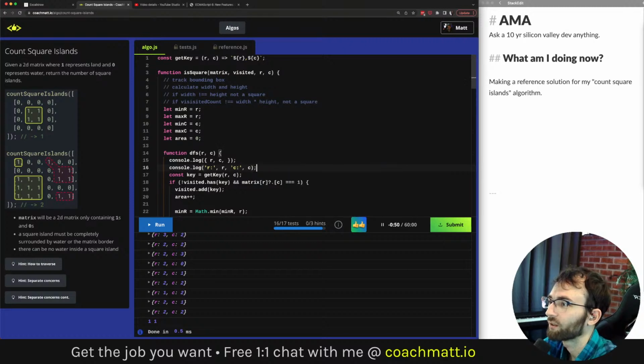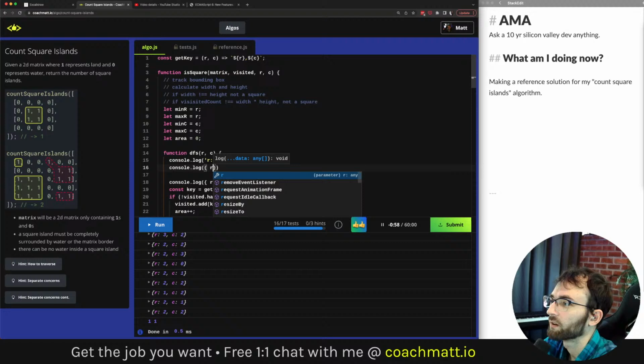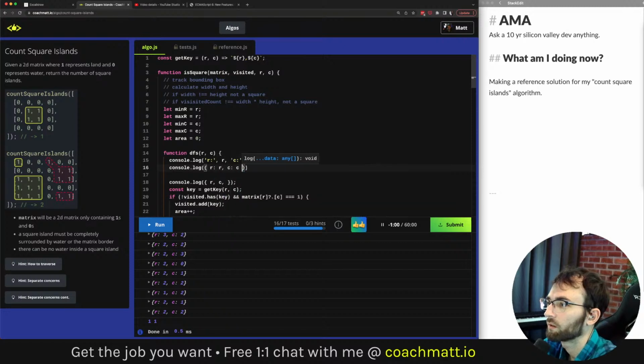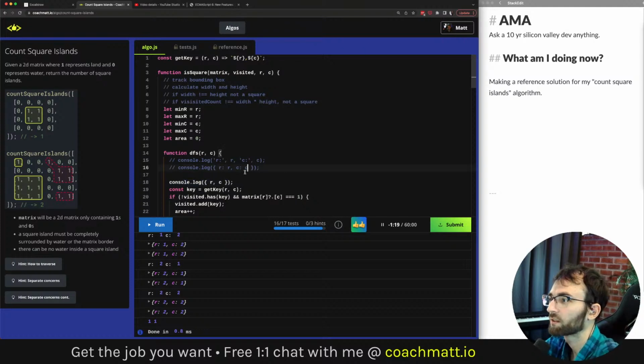I see this all the time. Or you could do row, column. But this is actually shorthand. Don't need this comma. This is shorthand for this here. So instead of these two things, you can just literally write this out.